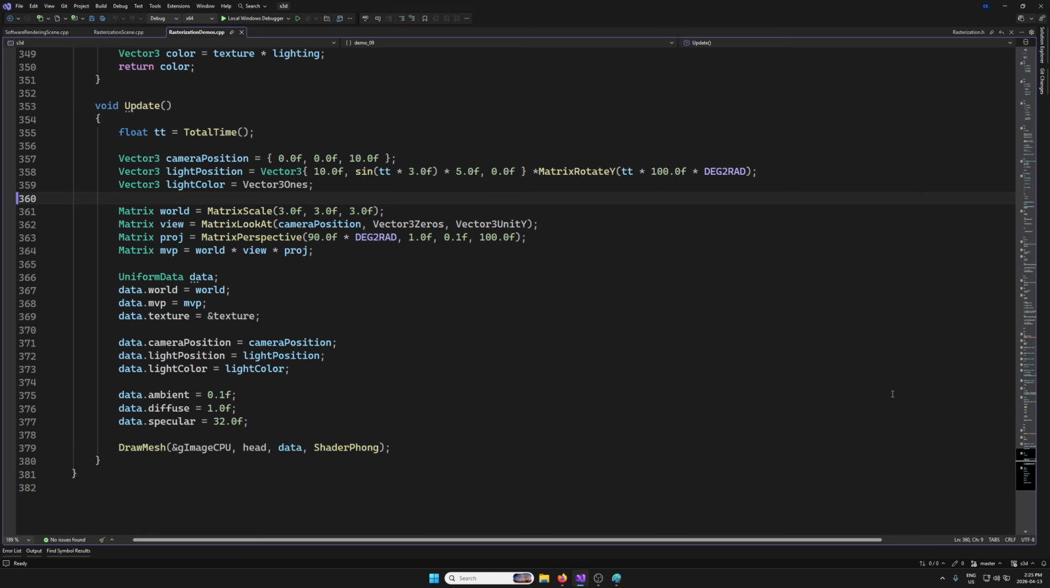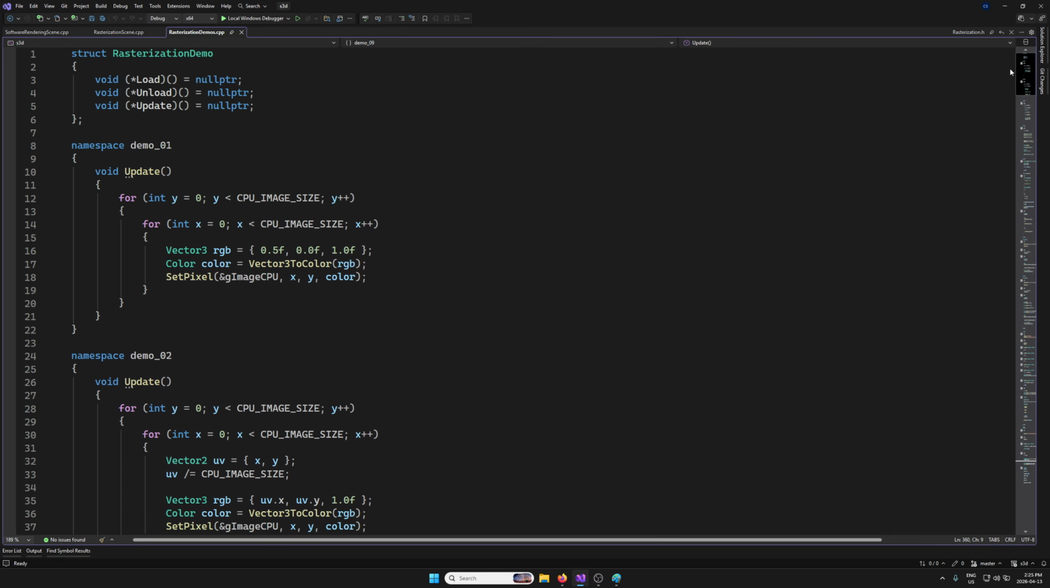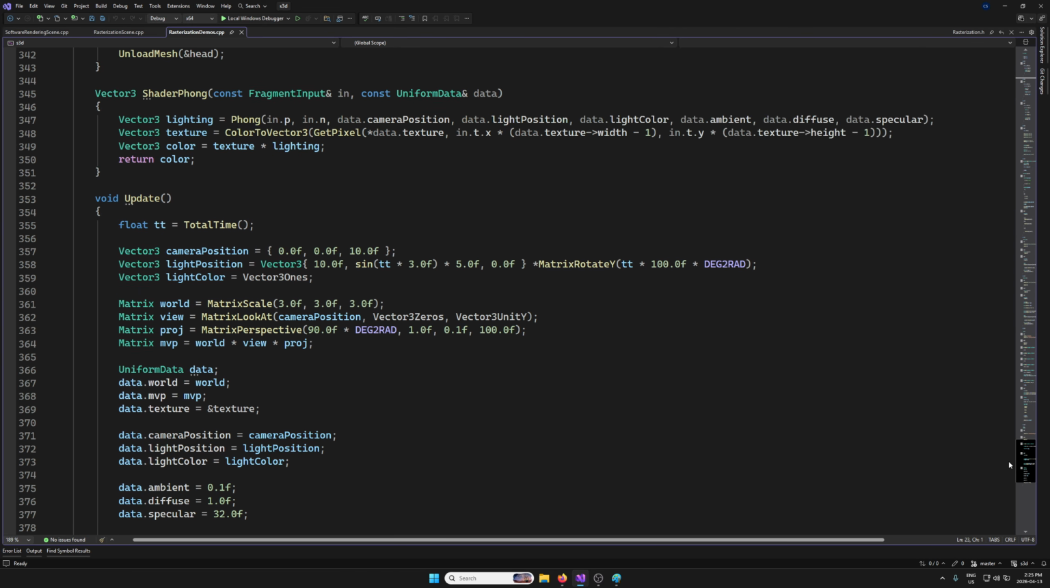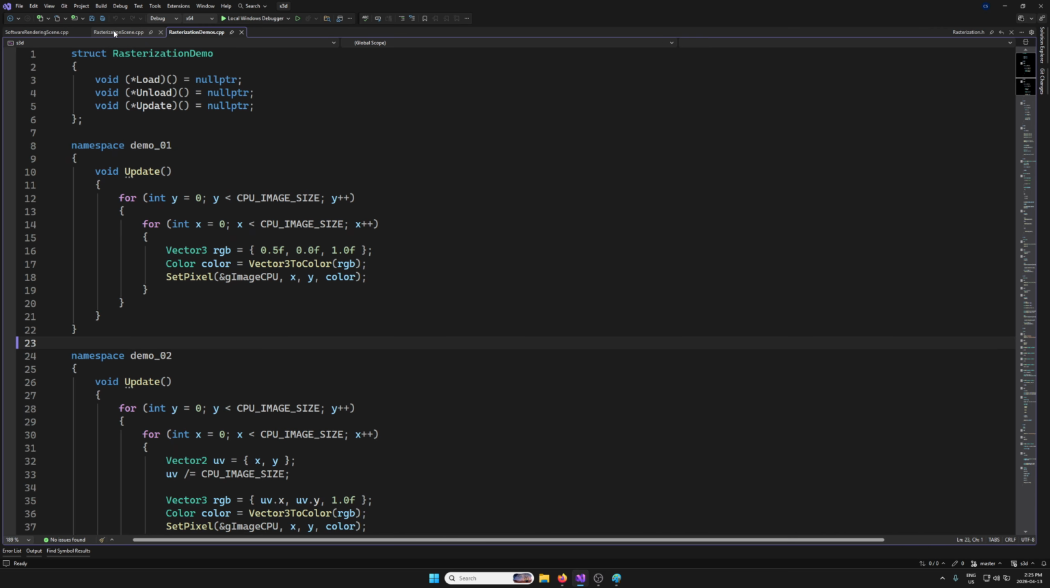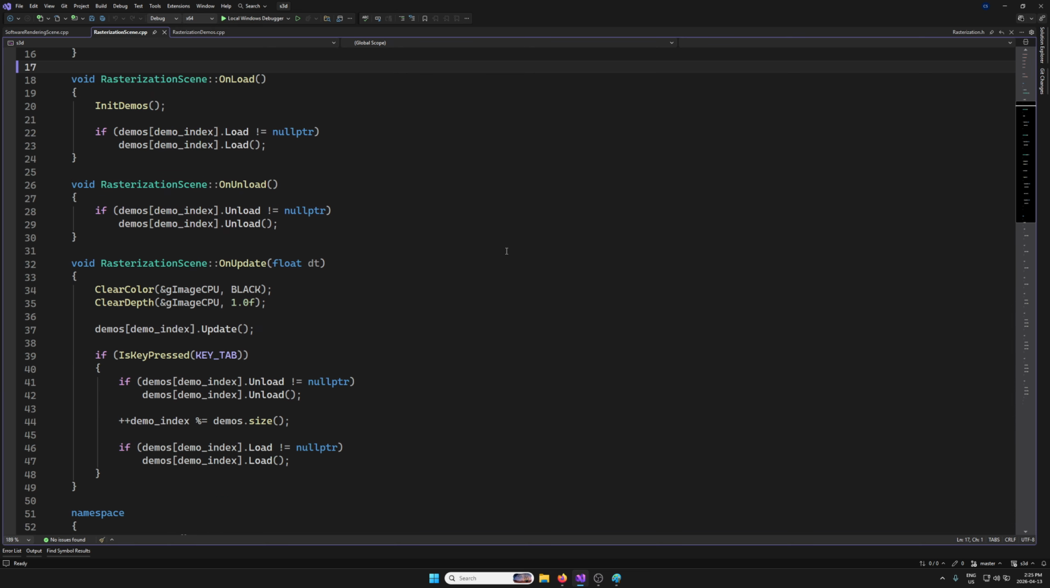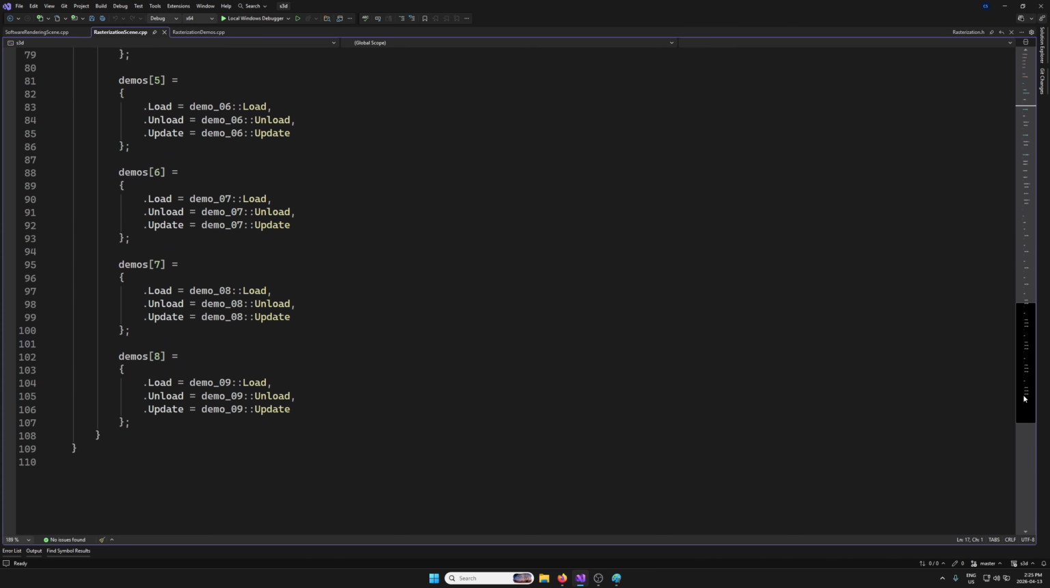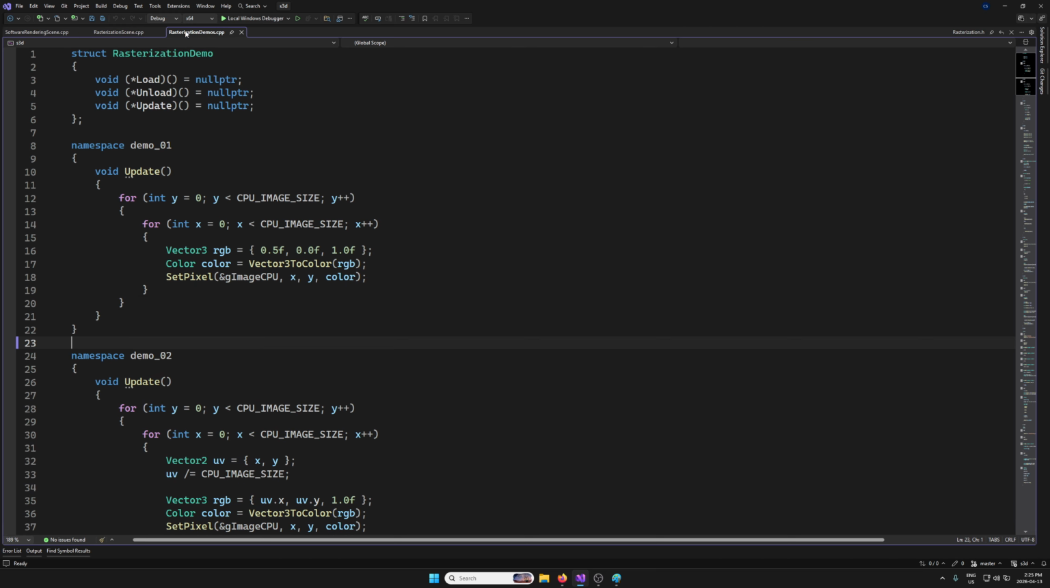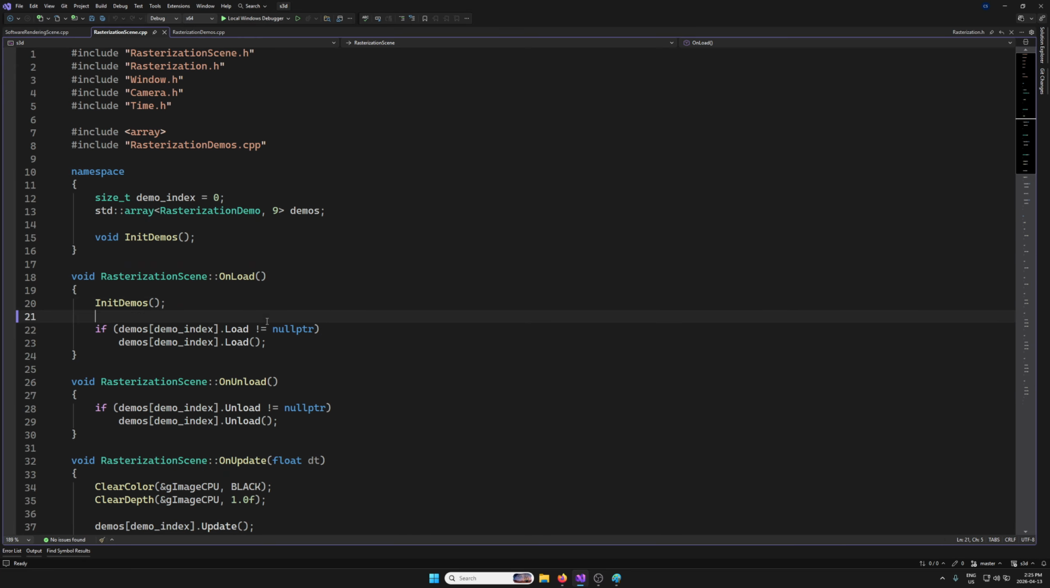So for the demos, again, I like anonymous namespaces. It just alleviates a lot of busy work from separating between header and source files. You can see how I initialize the demos right there. They're just a bunch of function pointers. And then I've organized this engine into a bunch of scenes. Some of the code is kind of chaotic, but if you want to understand how this is being displayed to the screen,